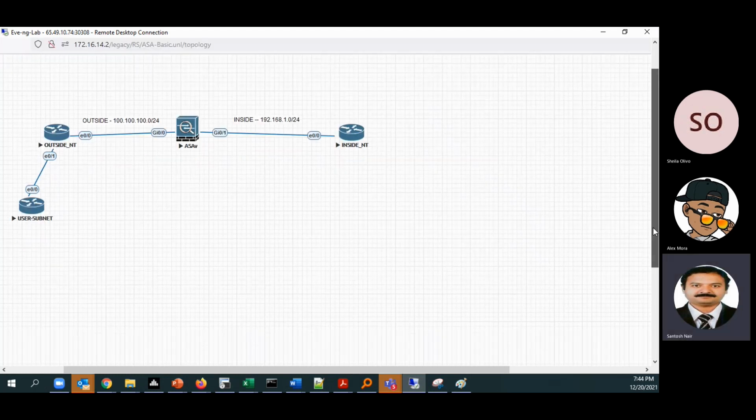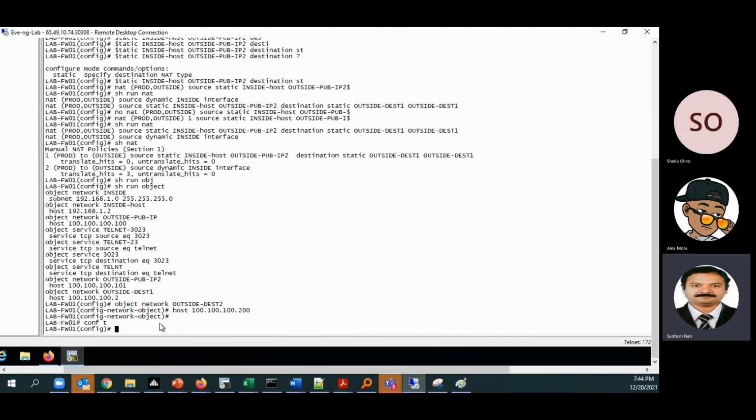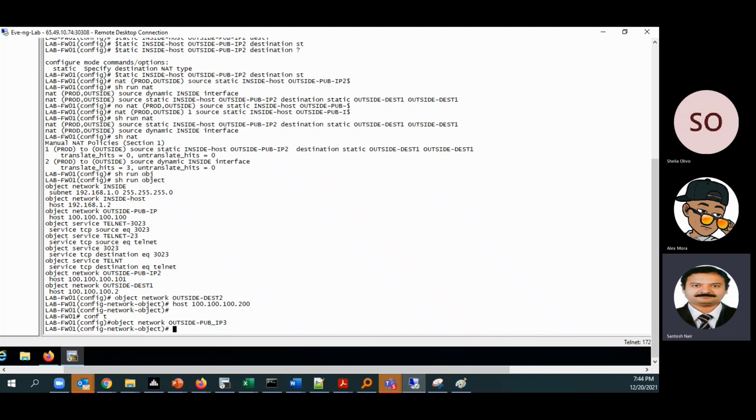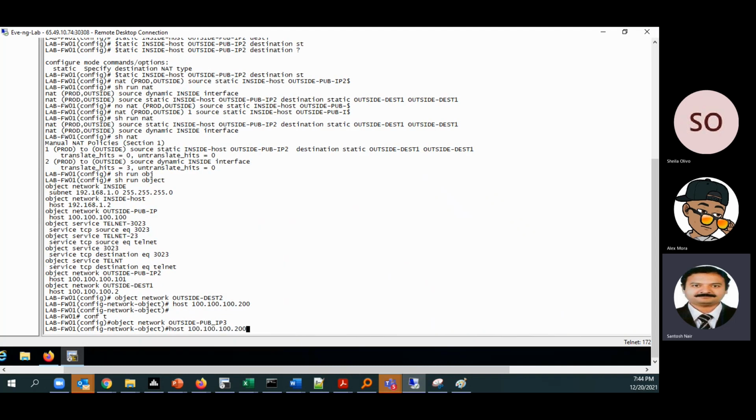Okay. So what we'll do, we'll come again to this one. We'll create one more object group, P3. First of 3, we can mention this 105.